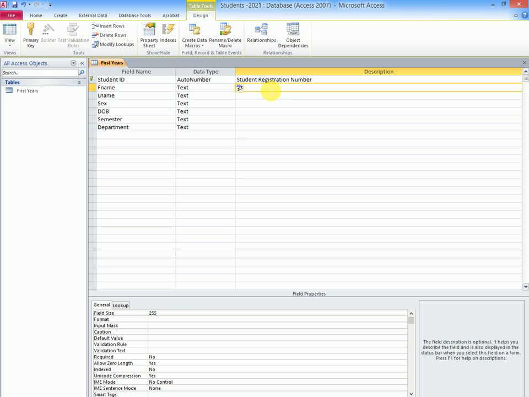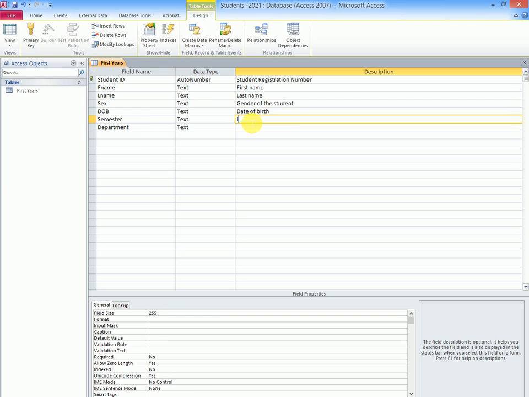Then F name to stand for first name, L name to stand for last name, sex, that is the gender of the student, DOB to stand for date of birth,